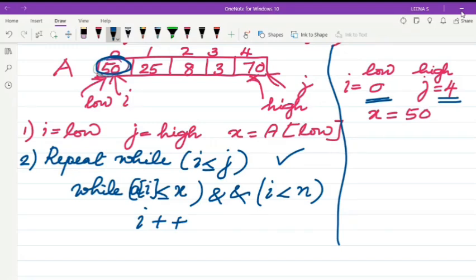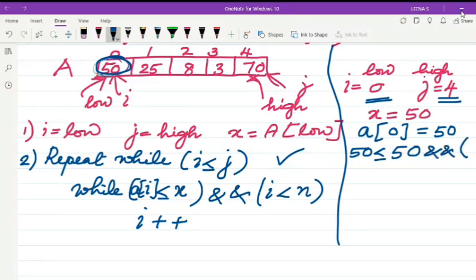X equal to 50. What is A of I? A of 0 is 50. So our condition is 50 less than or equal to 50. Is this condition true? Yes, the condition is true because equal to is there. And we have to check I less than n. What is the value of I? I is 0, less than